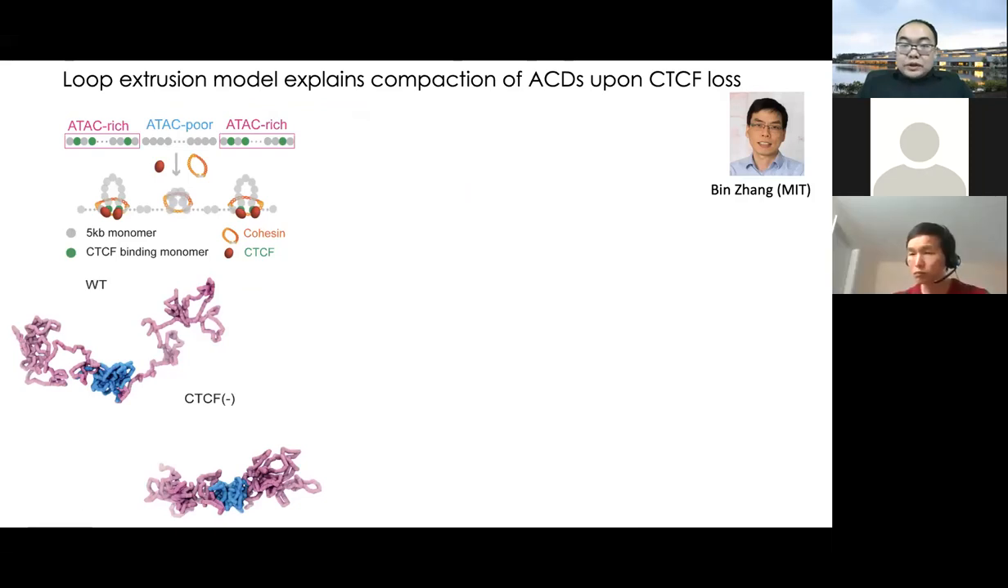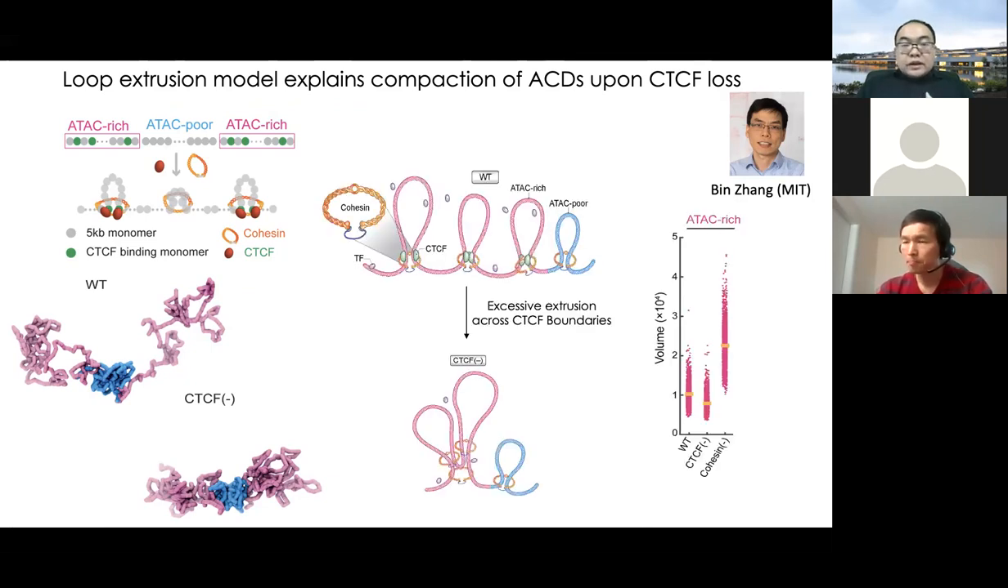So we also collaborate with Bing Zhang's lab at MIT. Bing is an expert at doing simulation on the polymer model. What Bing found is that the loop extrusion model can explain the compaction of this accessible chromatin very well after CTCF depletion. Basically, if we get rid of the CTCF molecules, the cohesin can extrude across the boundary. So it can extrude on top of each other, which eventually will lead to the compaction of